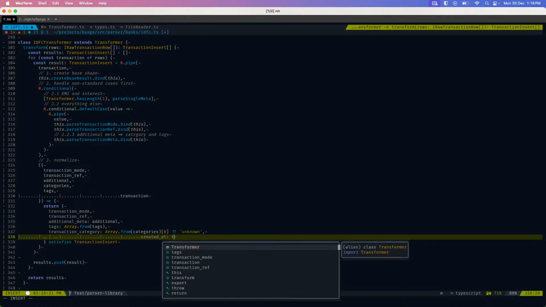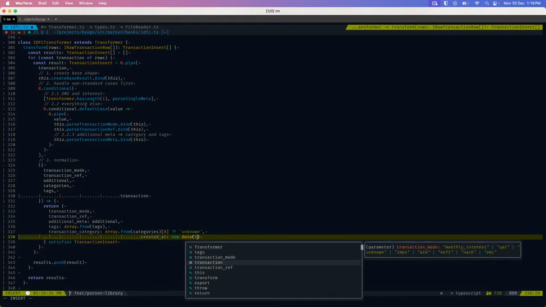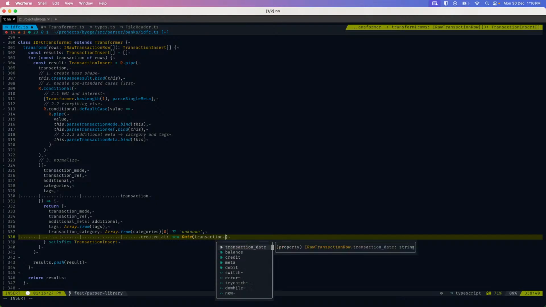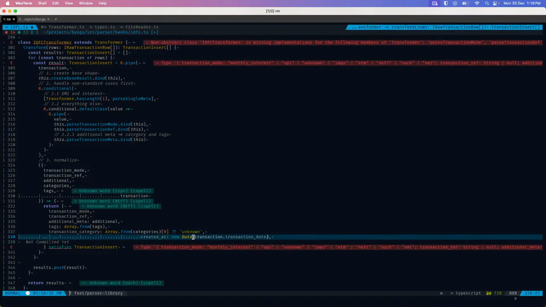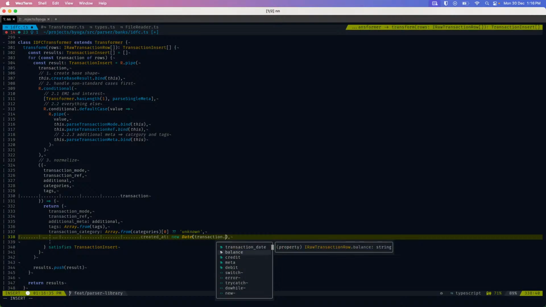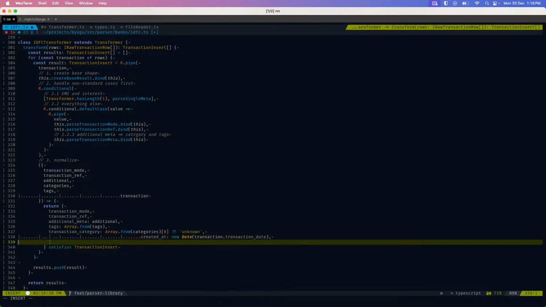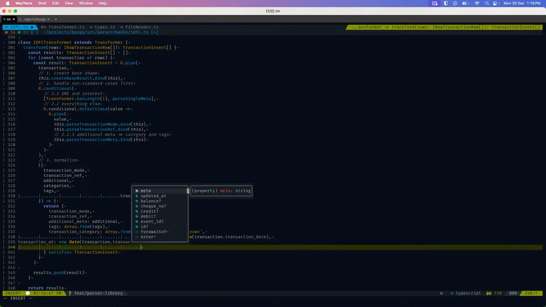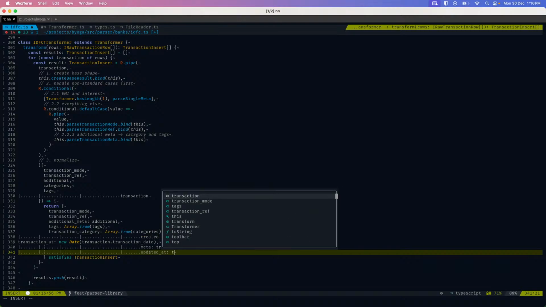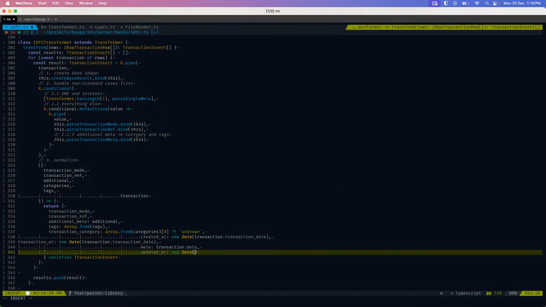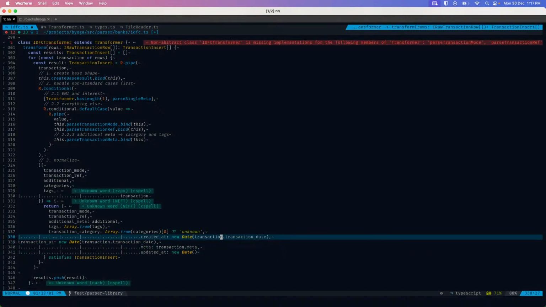Created at would be transaction dot date. Then we have, eh? And then we have meta, after that we transaction same. Oh sorry,